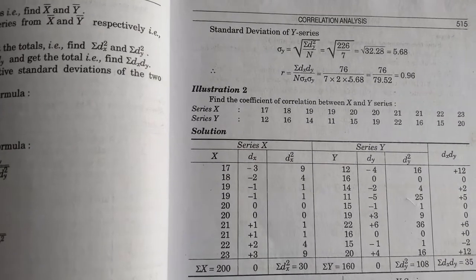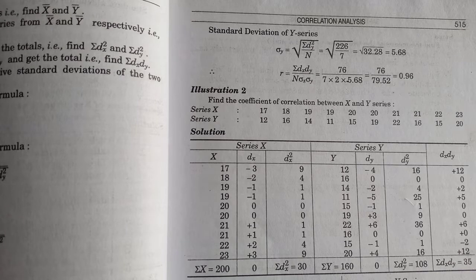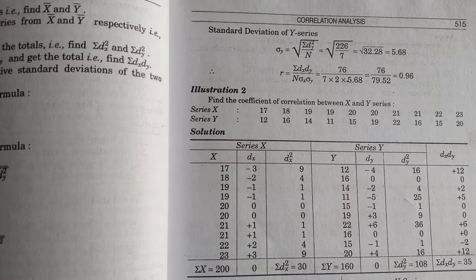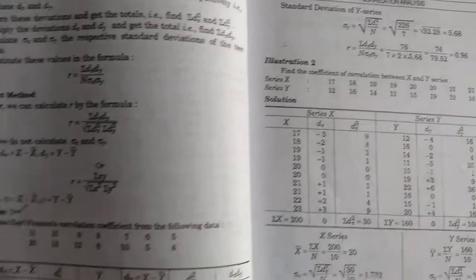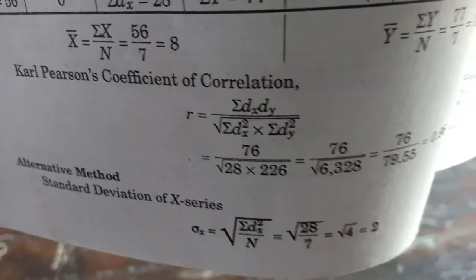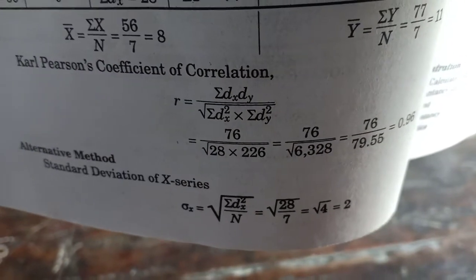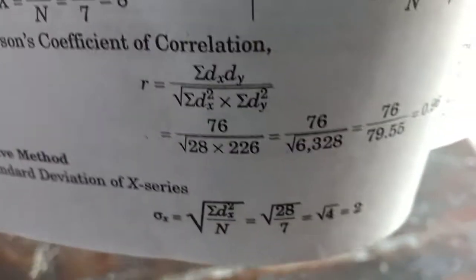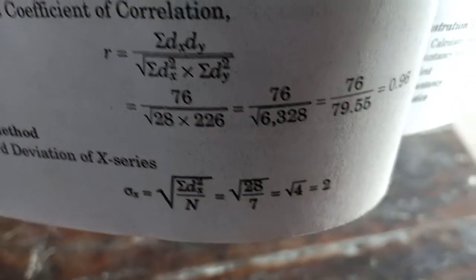As you can see here, we are calculating the standard deviation of the X series and Y series. Notice the standard deviation of the X series is given by the formula under root summation dx square upon n. If you have viewed the previous problem, you will see that these are the values that have been found out